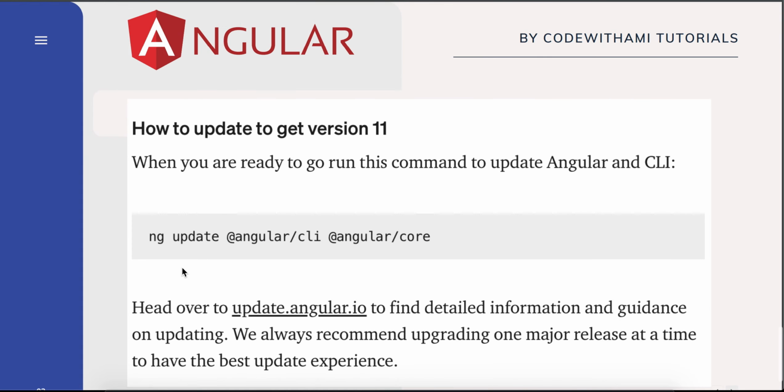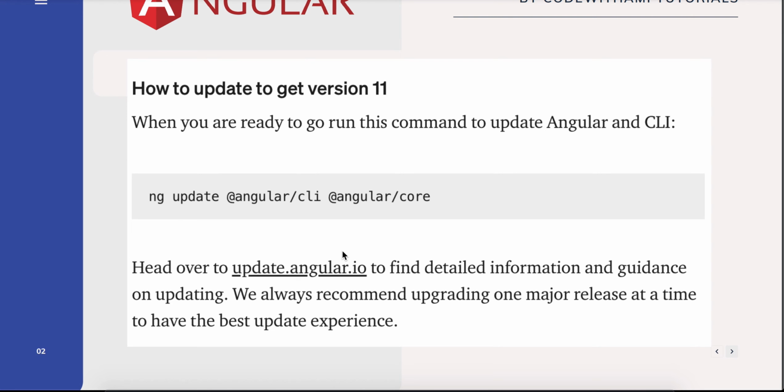And finally, you have watched the entire video and you know what the new features and the breaking changes are, and now you are good to go to update to Angular 11. You just need to run this command, and it will automatically update your Angular version and Angular libraries to version 11. However, there is something I wanted to say.